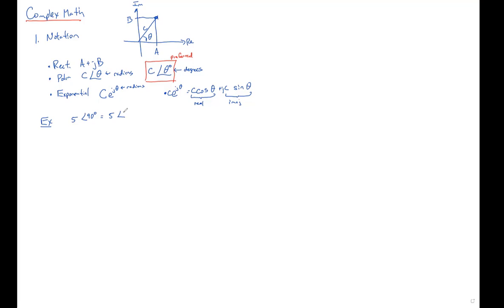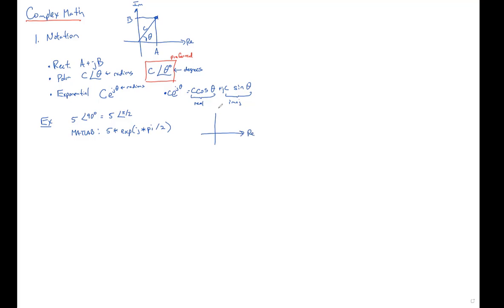Pi over 2. Pi over 2. And so in MATLAB, you could evaluate that in one of two ways. One way is to say 5 times the exponent of j times pi over 2. And that's a perfectly valid way of,